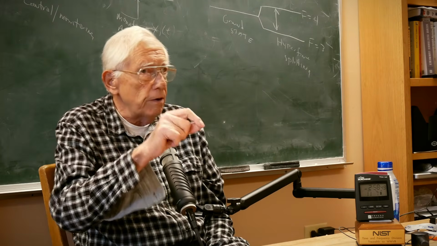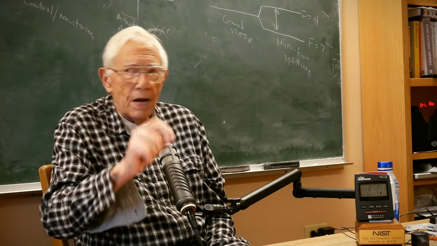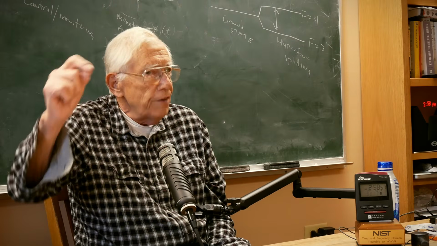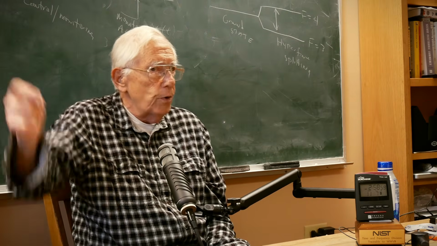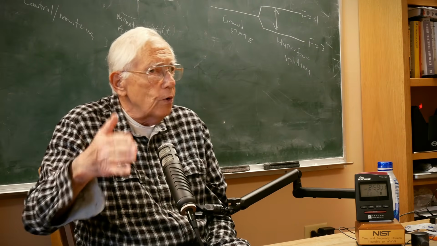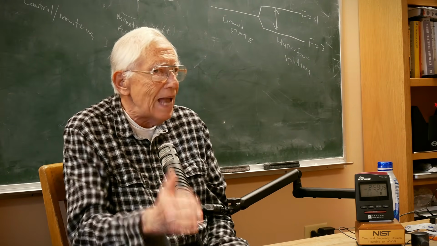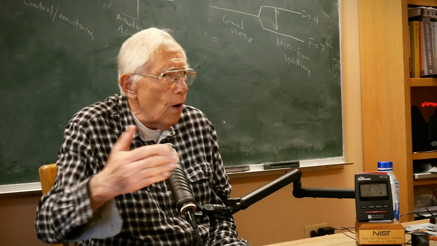I've divided the frequency by a factor of 2. Well, now I take that output and connect it to another one, and now I've divided the frequency by a factor of 4, and a factor of 8, and a factor of 16, and so on. And so the frequency keeps getting lower and lower. And if I choose the initial frequency to be exactly a power of 2, then I wind up with exactly